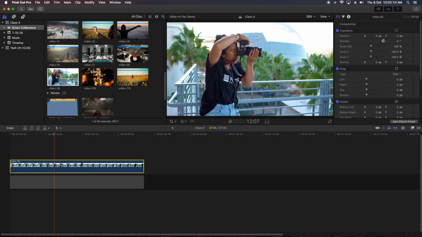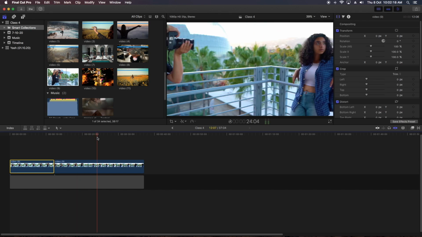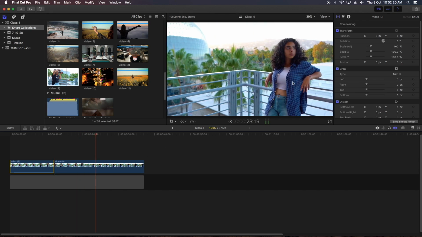Now if I want to delete this clip, I don't want a clip from this position, what I have to do is cut this clip. Now I again want to take this clip from this position, so I perform a cut again, and this part I don't want, so I can delete this. Now it's showing a blank area. To fill this blank area, we have to place another clip.